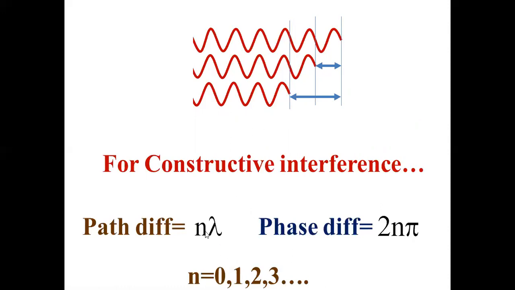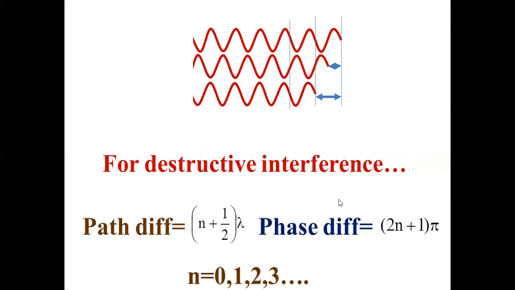Now what is the phase difference if they start like this? You know phase difference equals 2 pi by lambda into path difference. You can use that formula. Then if the path difference is n lambda, if it is 1 lambda, 2 pi, 2 lambda, 4 pi, isn't it? One full wave has a phase difference of 2 pi. So 2n pi: put n equal to 0, 0 phase difference; n equal to 1, 2 pi; n equal to 2, 4 pi; n equal to 3, 6 pi, like that. So if the path difference is n lambda, then the phase difference is 2n pi, and it is constructive interference. What is destructive interference?